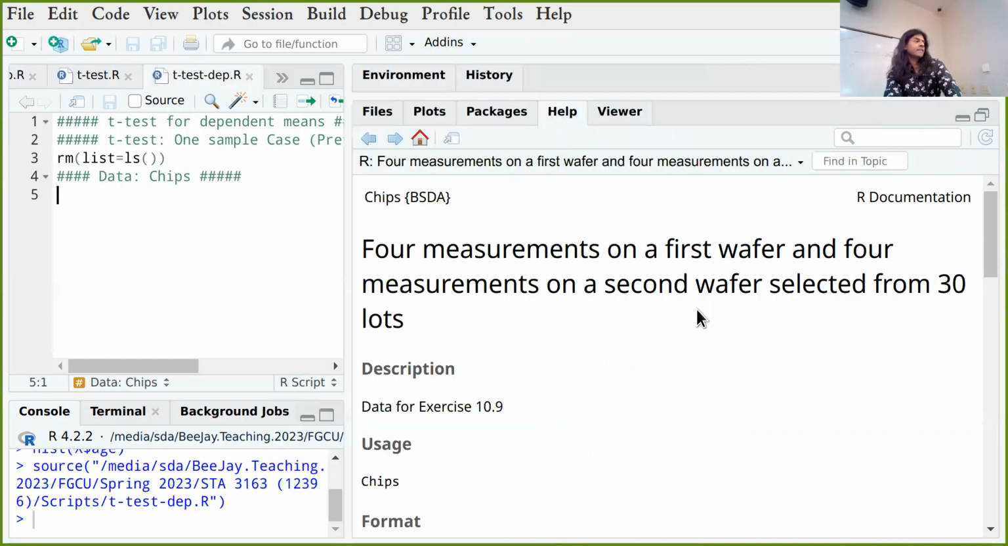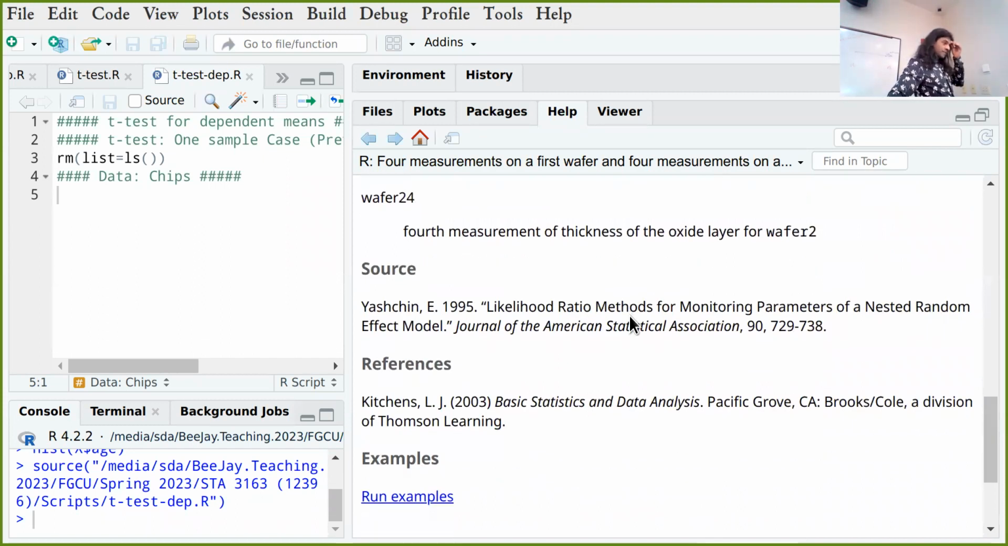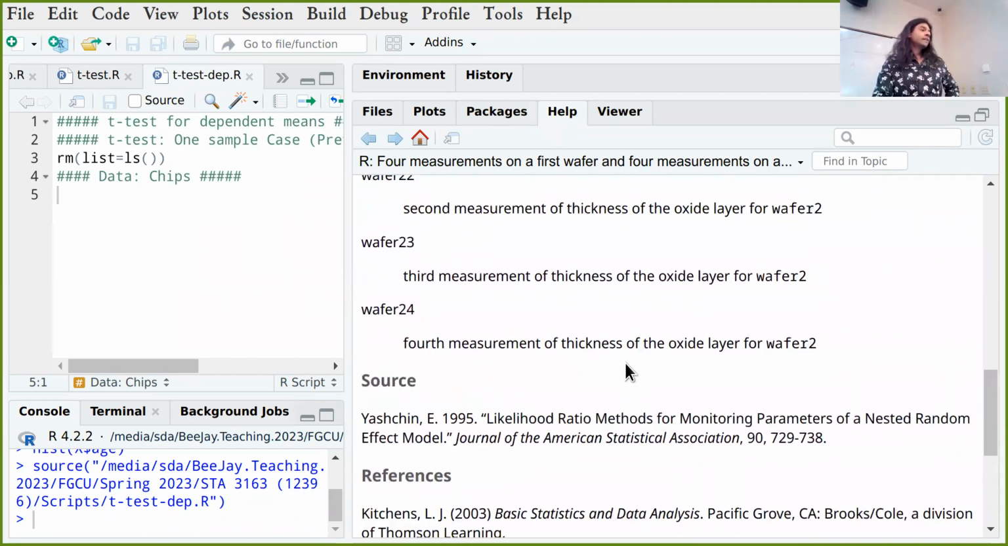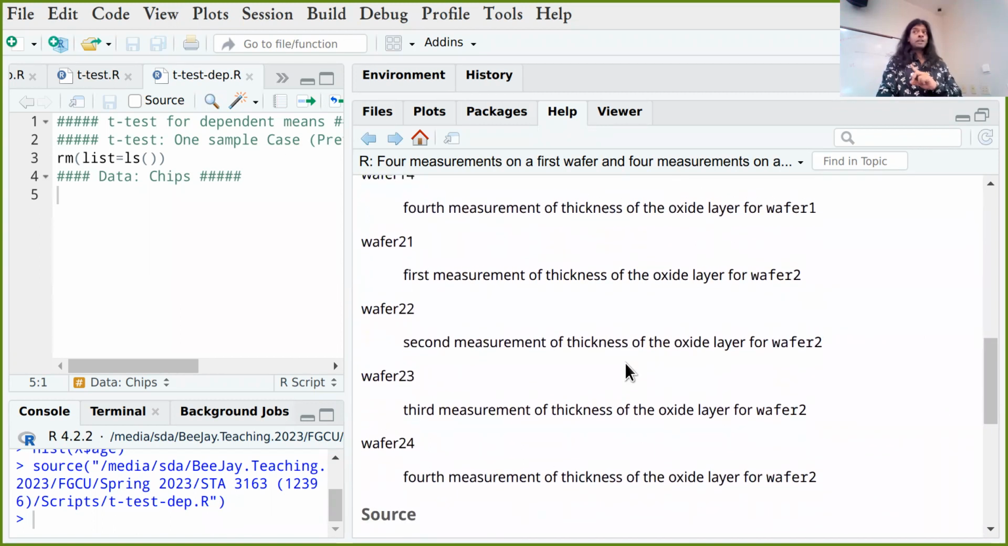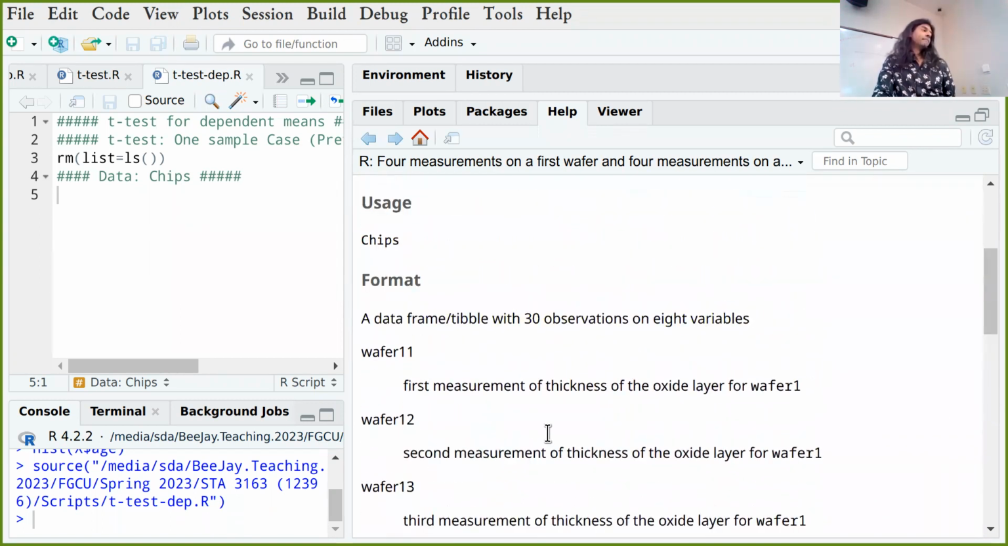We're going to use the CHIPS data from BSDA. We're not talking about chips that we eat. Integrated chips, computer chips. So when chips are done, you've got to put layers and layers of silicon dioxide to form an integrated chip. So what they have here, we will come back to this later, but